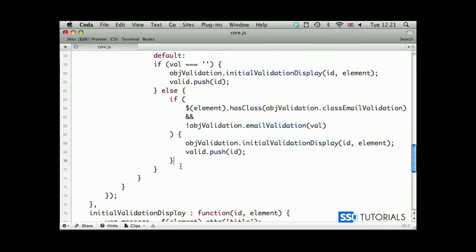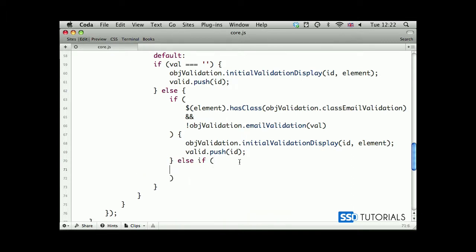Now we're going to validate the password, basically checking whether the number of characters is 6 or more. So our default case still after our else statement, if we've got for email, then after this we do an else if statement, and the condition will be element dot hasClass, and we're looking for objectValidation dot classPassword validation, then end